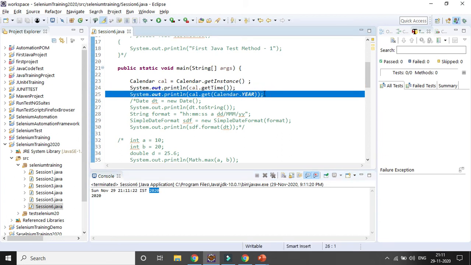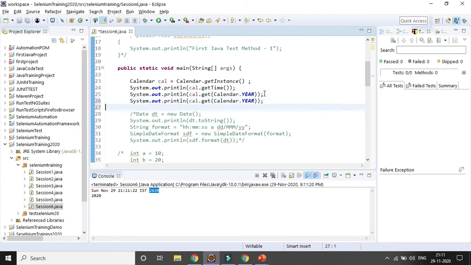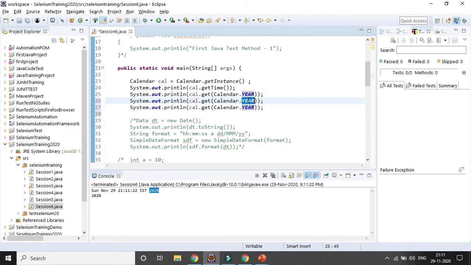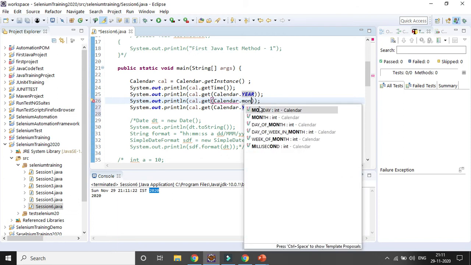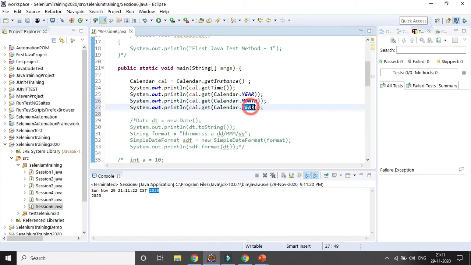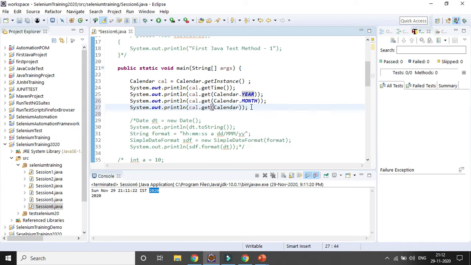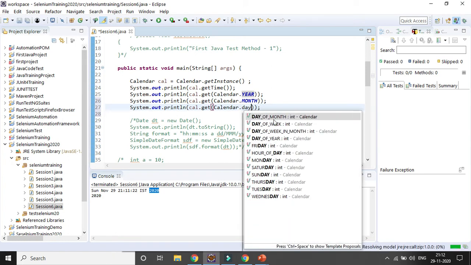Similarly, if I want to get the other parts, like month, I can get it with the help of Calendar dot MONTH. And if I want to get the day of the week, I can get it with Calendar dot DAY_OF_WEEK or day of the month.